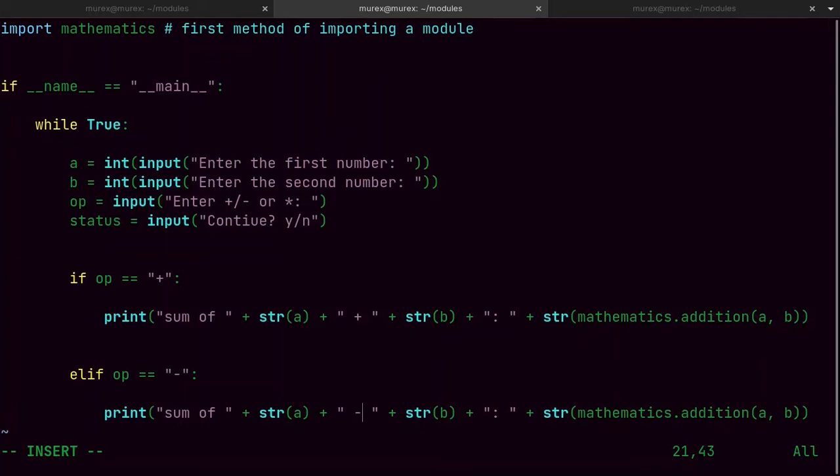I'm used to the syntax. So this is subtraction, and this is going to be the difference of